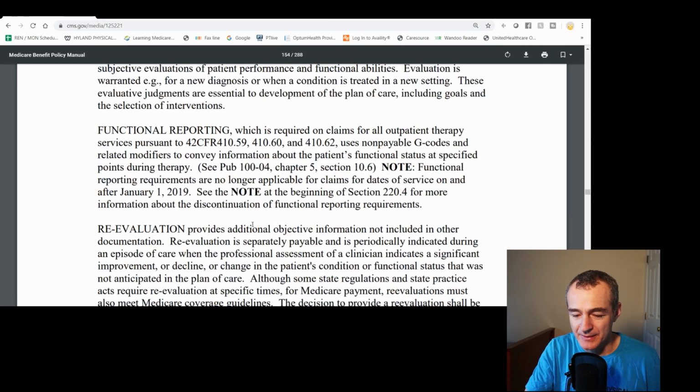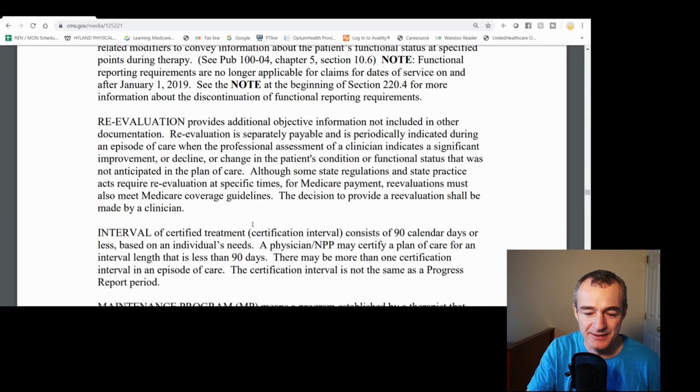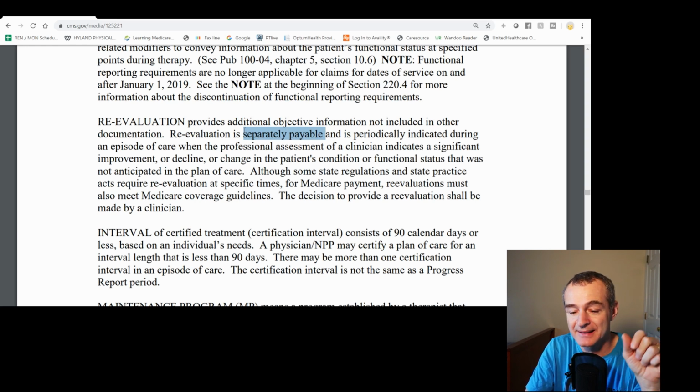Okay, so the reevaluation provides additional objective information not included in documentation. Reevaluation is separately payable, so it is a billable code, and is periodically indicated during an episode of care when the professional assessment of the clinician indicates a significant improvement, decline, or change in the patient's condition or functional status that is not anticipated in the plan of care. So this "not anticipated" is probably the most important component in deciding whether a reevaluation or a standard progress report